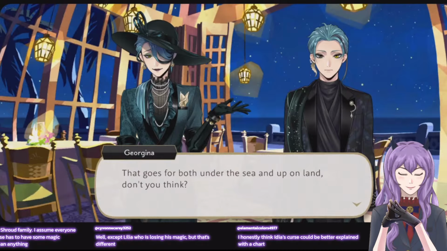Oh, except Lilia, who's losing his magic. Yeah, he's losing his magic because I guess it can just be sucked out of you. I feel like it's almost like the idea of cells in your body.